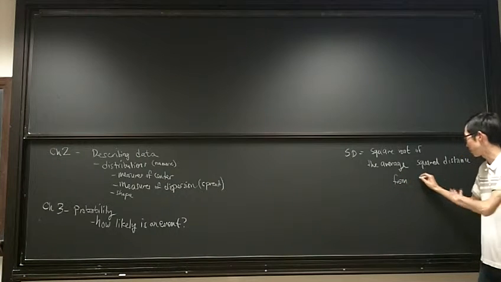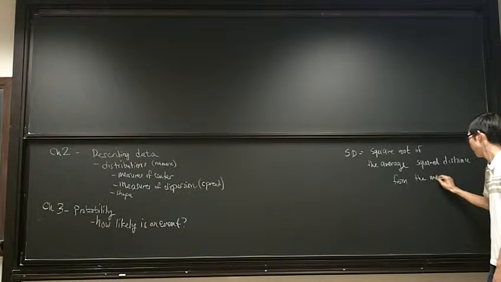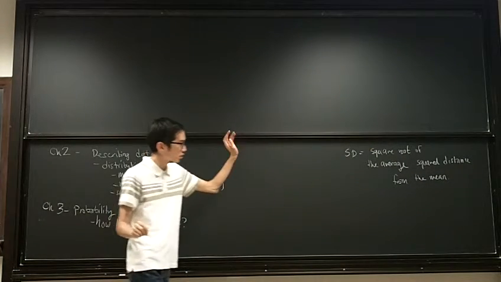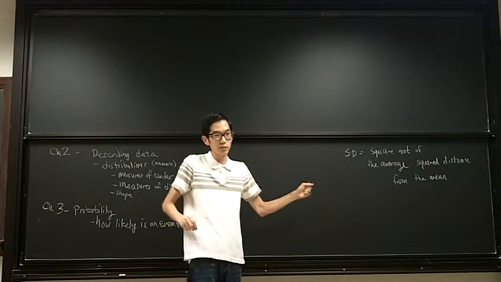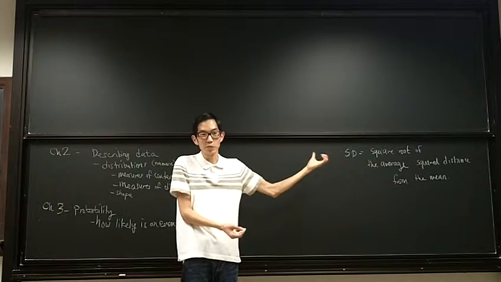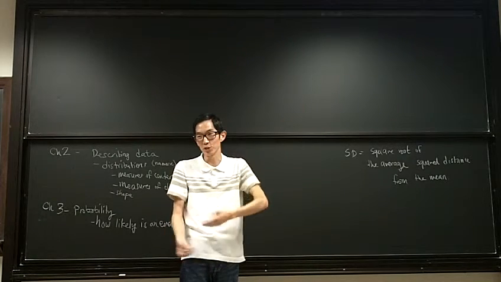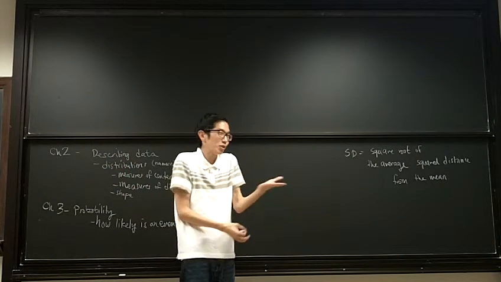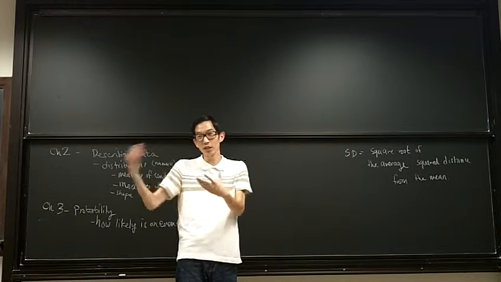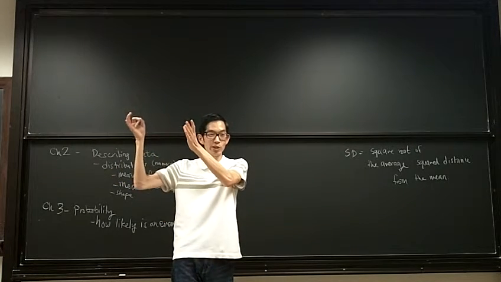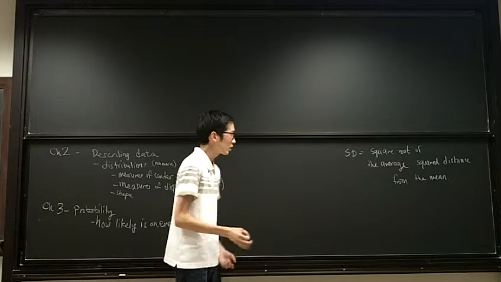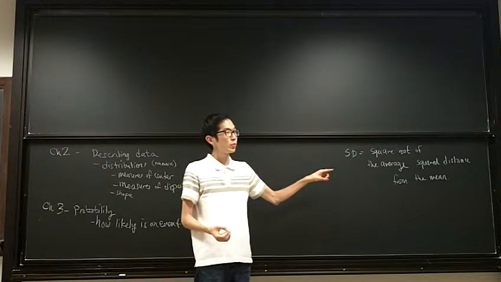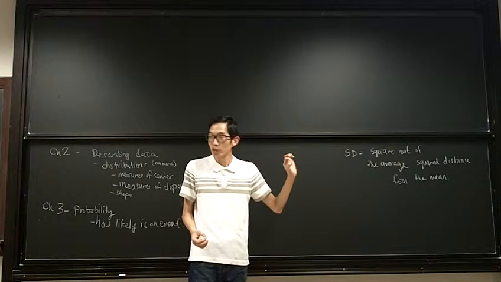So, side topic, back to chapter 2, but this is good, okay? It's the square root of the average square distance from the mean. This is the concept behind standard deviation. If you look at the process, that's what you're doing. You're taking the distance from the mean, squaring it, and then adding them up, and then you're basically taking the average, except if you took the average, you would add up all of those squares and divide by n, okay? The reason why we're dividing by n minus 1 is because we don't actually know the true mean,